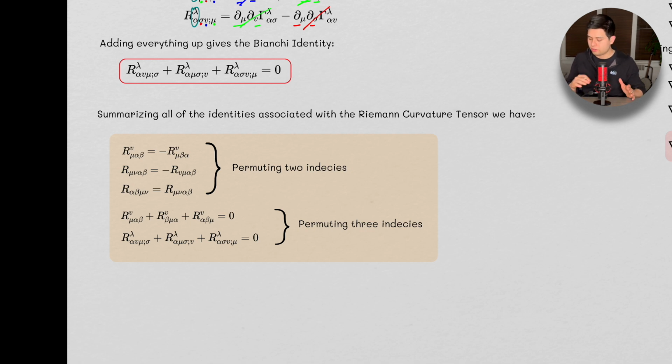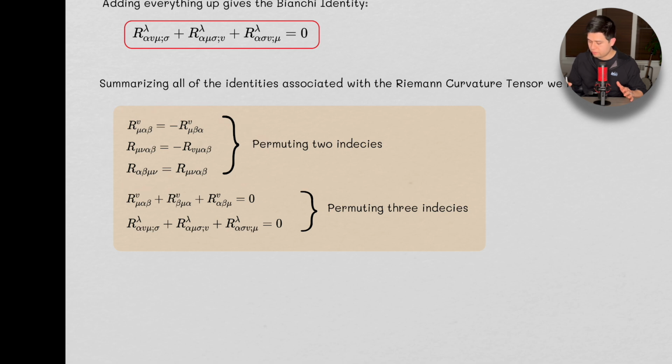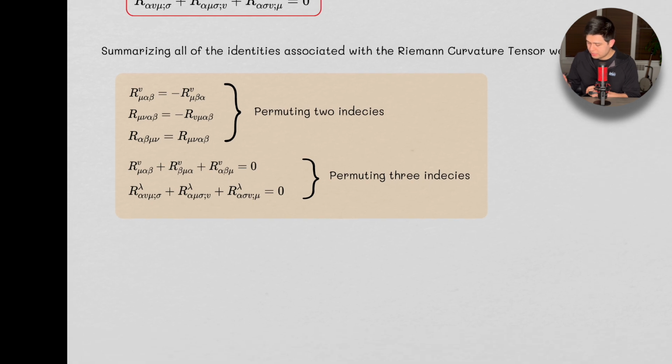What we said in the last video was this, okay? By permuting two indices in the Riemann Curvature Tensor, we get two anti-symmetric permutations, and we get one symmetric permutation. And then permuting three indices, we had this identity we found out last time, and now we're adding this identity. We're looking at derivatives now. So this is exploiting the Riemann curvature tensor and its symmetries to its maximal power.